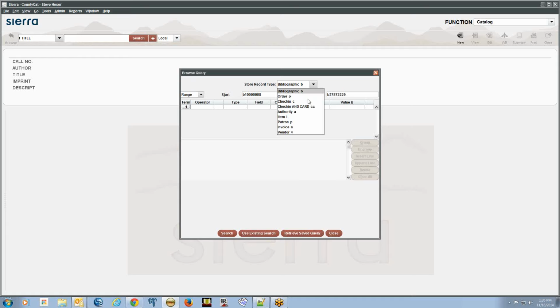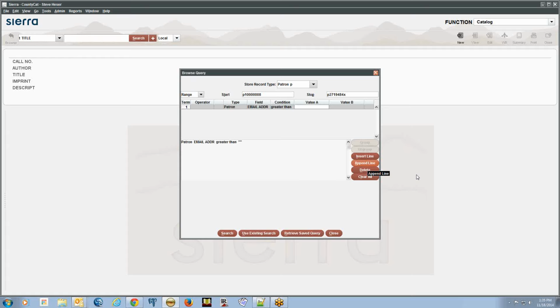So if we did a quick search for, this is great if you're using it for finding patron telephone numbers, any field that isn't indexed, it works great for that type of thing. So if we change this to, we'll just keep it at the range of records here, and just do a patron email search. Do something like, so hopefully it would find a few records here. Patron email address has mclist.org. You would probably put in something more specific than that because you're going to find everybody's domain here. But if we do a quick search here,